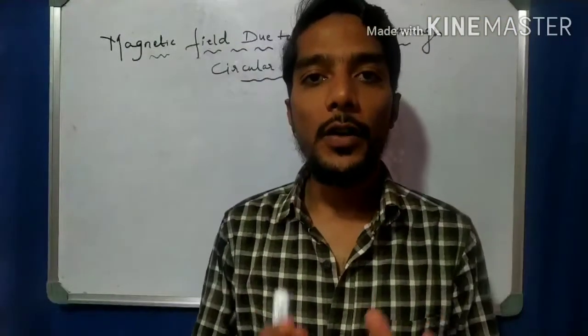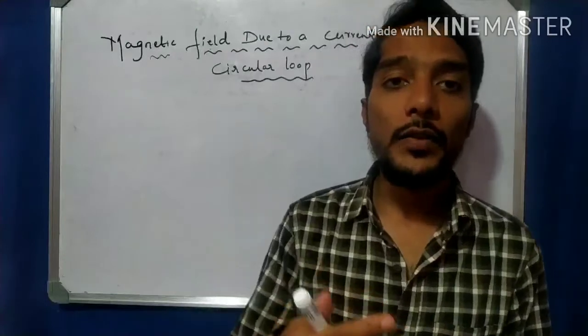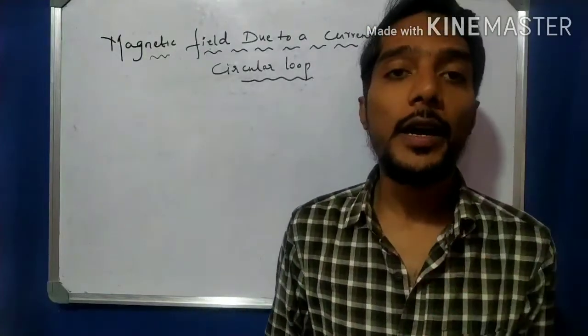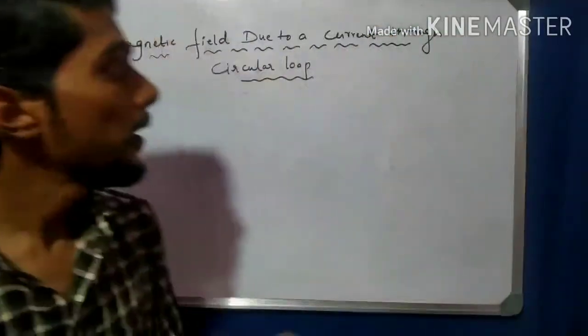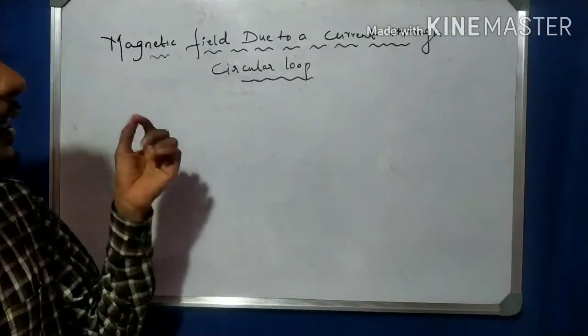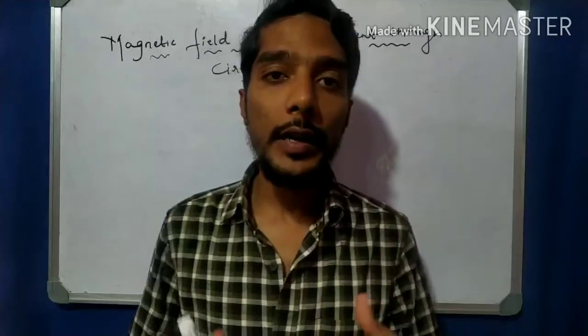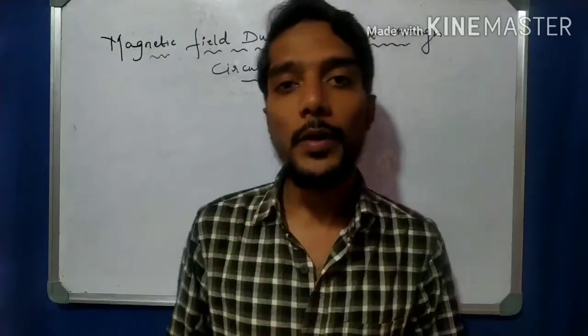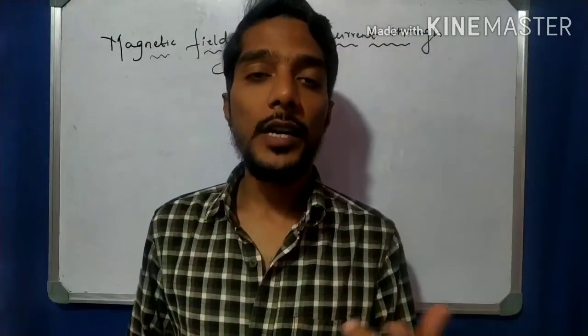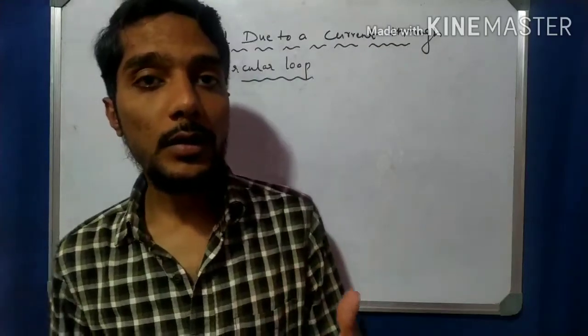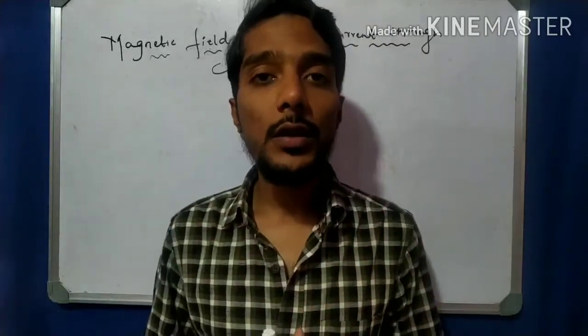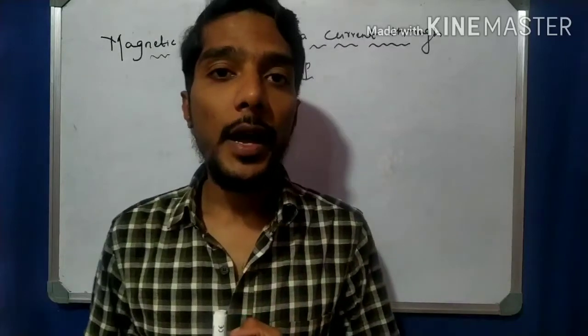Hi students, in this video we are going to learn another very important concept of the magnetic effect of electric current. The next concept is the magnetic field due to current through a circular loop. In the last class we started this chapter, and at the starting point we learned about and understood the definition of the magnetic effect of electric current, and then we also